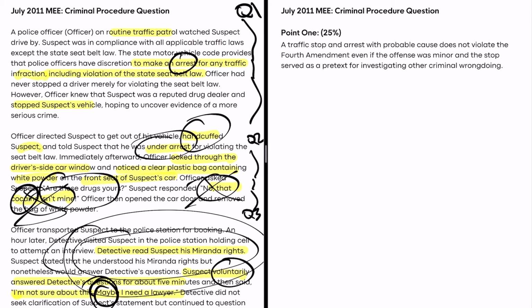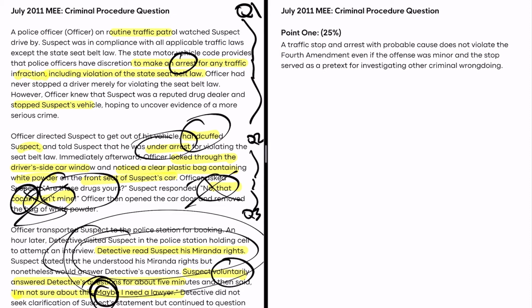The key to point 1 was basically recognizing that under the Fourth Amendment, the constitutional reasonableness of a traffic stop and subsequent arrest does not depend on the motivation of the officer involved or the petty nature of the offense charged, so long as state law permits an arrest. So the rule here is